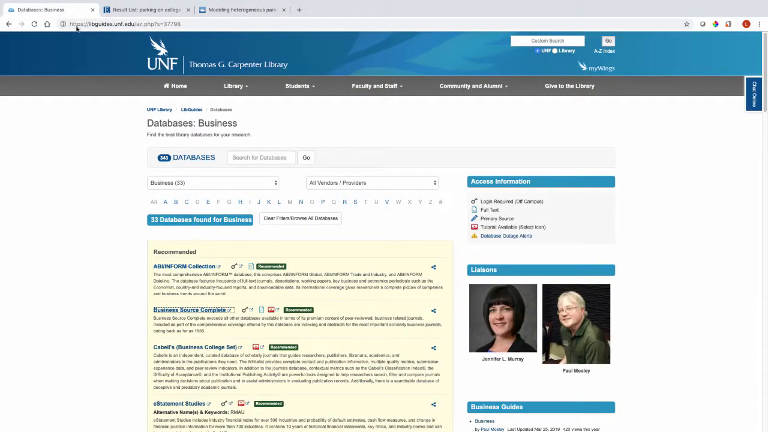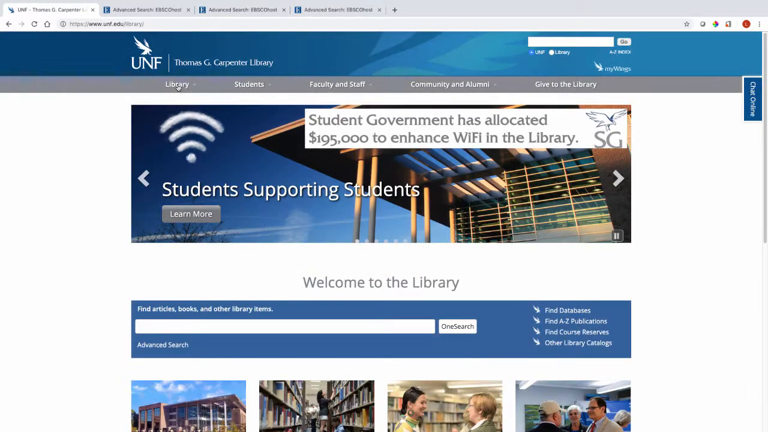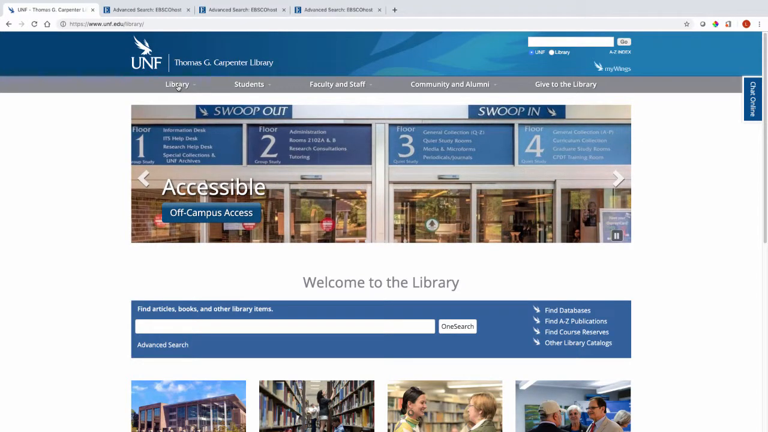Another option is to think more specifically about your topic and think if another discipline, and with that another set of databases, might also be useful for your search. You might find another perspective if you search in an education database for parking on campus or ride sharing in environmental studies. If you have any questions about finding the best search terms or would like a database suggestion, please